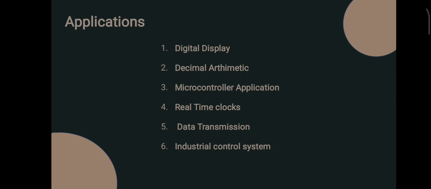For user enhancement of readable numerical input or output, conversion can be useful in microcontroller applications. It can be used in a real-time clock circuit where time information needs to be displayed in a format easily readable by humans. It can be used in data transmission, and conversion can be widely used in industrial control systems. It can be applied in a control system for tasks like monitoring and displaying the sensor reading.